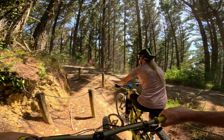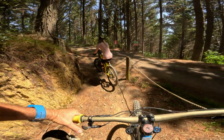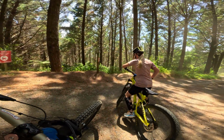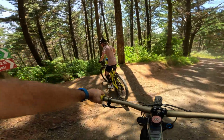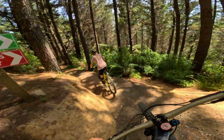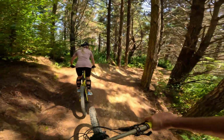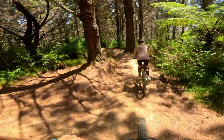Alright, we keep going on the green. Gum Diggers 2. Now you can see on poor old Jacqueline, this is a 26-inch small Ibis Mojo, and you can see even the standover height is still quite high for her. In fact, my wife's only like 5 foot tall,